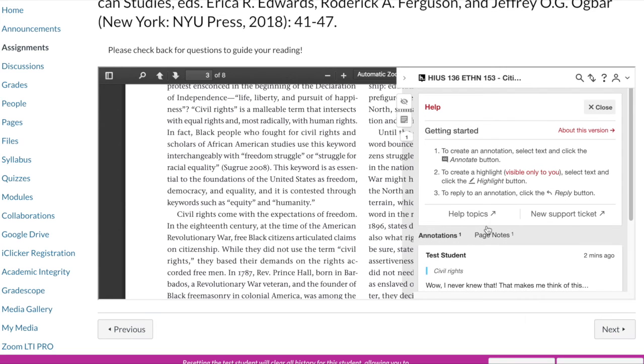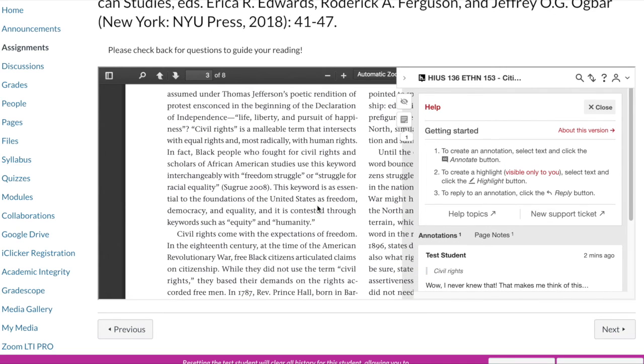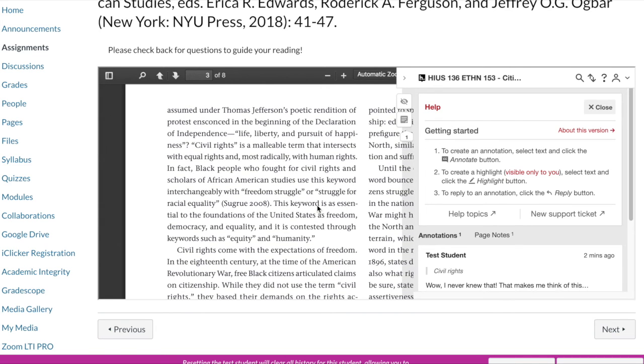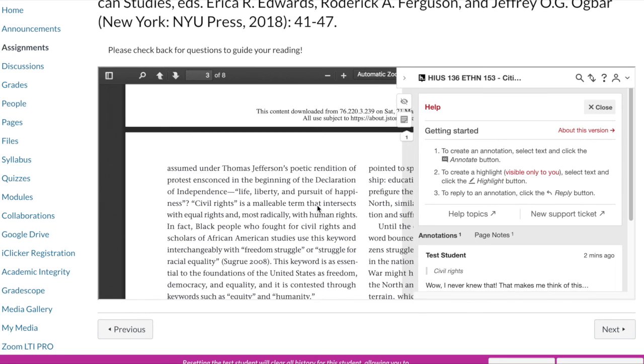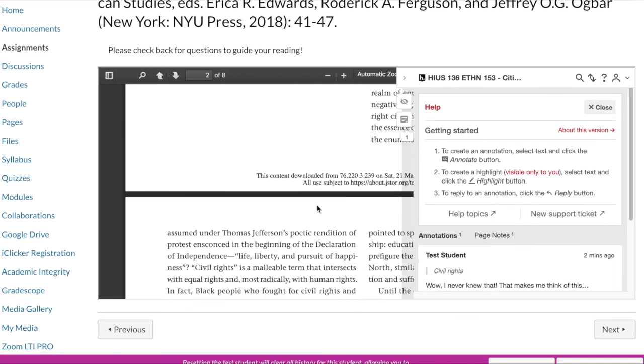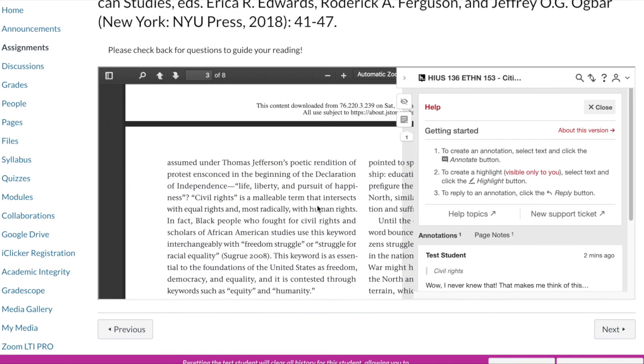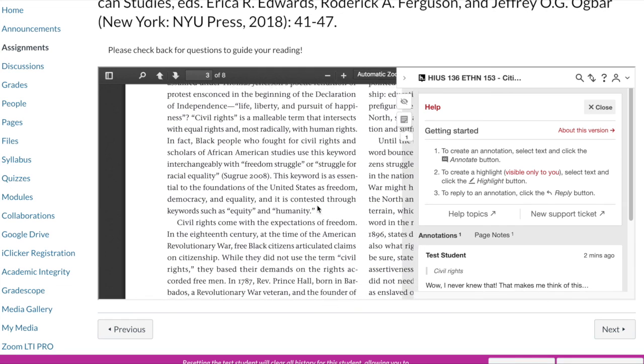All right, so that is the basics of how annotations will work. I've posted in our syllabus and in the lecture slides guidelines on what you need to do in your annotations to receive the full points each week. Essentially, it's thoughtfully engage with the readings, right? So make sure that you're noting something or commenting on something for about 2/3 of each article that's posted,